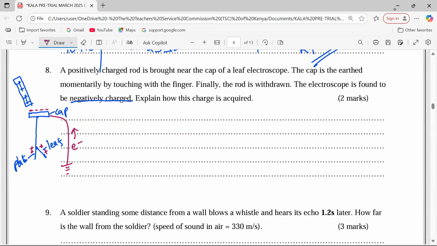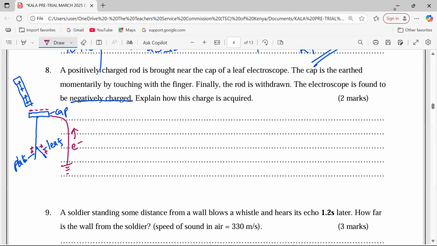Therefore, electrons now will move from the ground to neutralize the positive charges at the leaf and the plate. And at the end of it, we shall remain with the rod